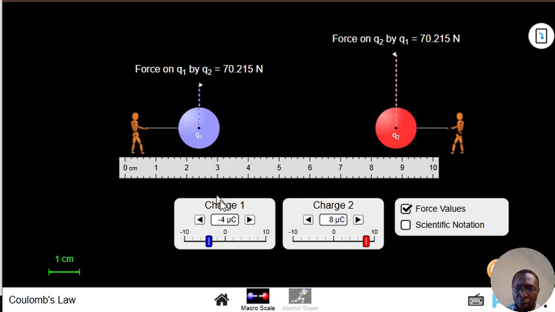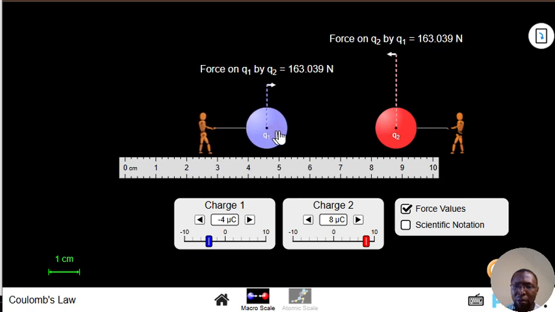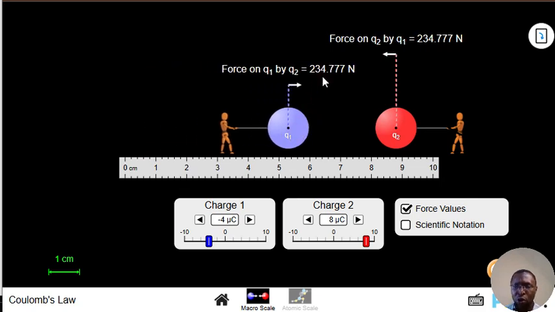two charges. Like now, product in multiplication, 4 times 8, that's 32. Now, if you increase the value of this, maybe from 4 to 6, and multiply it by 8, the product will increase. That increment in the product also affects the increment in the force acting on them. But by the time you reduce the distance between them, the force increases. So that law is stating that